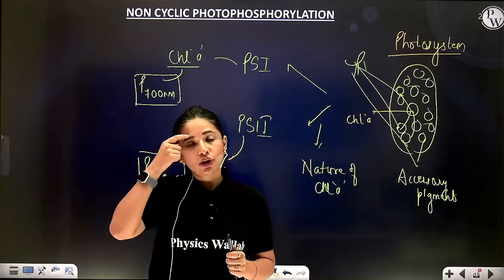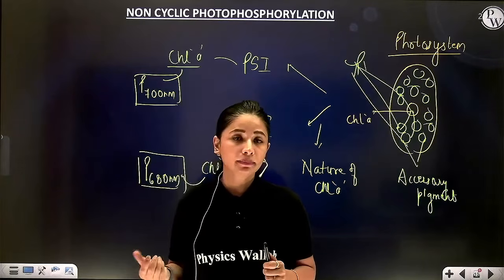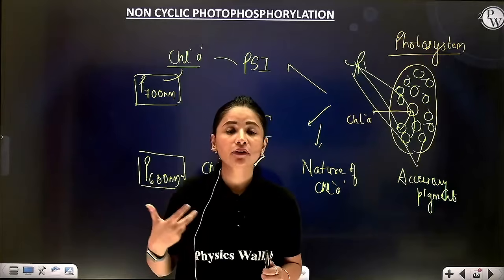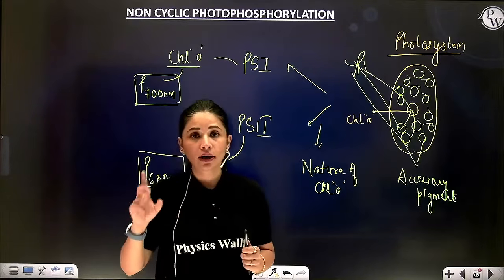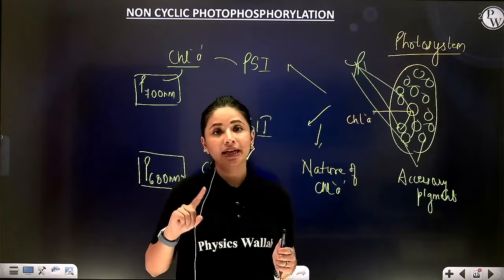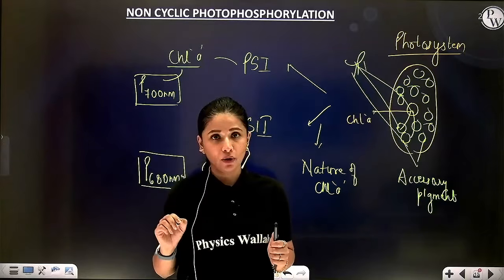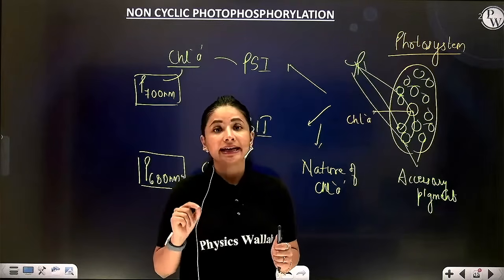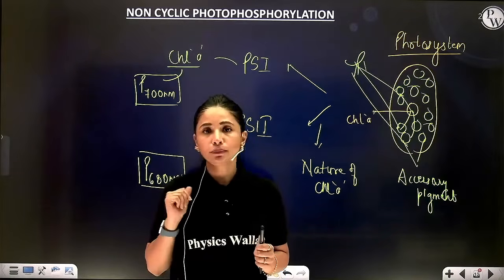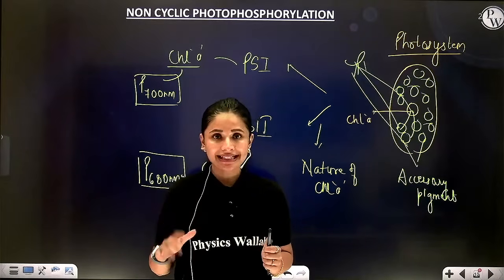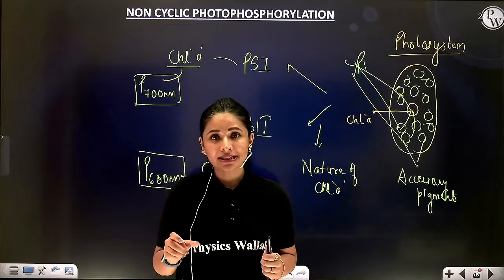Correct? So, the first way of performing light reaction, which is most common in higher plants, is non-cyclic photophosphorylation. Non-cyclic, why? Because the flow of electrons between the two photosystems is done non-cyclically, and it is known as photophosphorylation because in the presence of light there is phosphorylation of ADP in order to produce ATP. Hence, this method of light reaction is known as non-cyclic